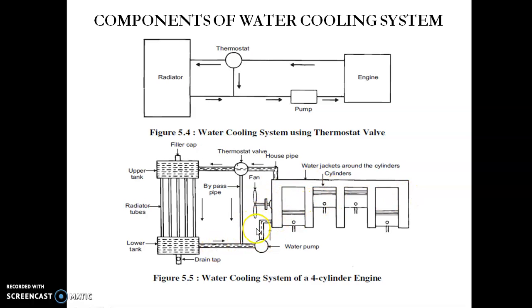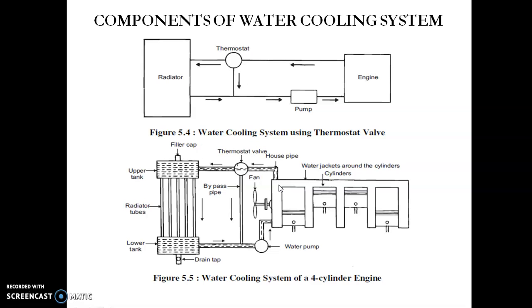This is what a typical cooling system looks like. We have a multi-cylinder engine and a water pump, so cold water is pumped through the engine cylinder and picks up heat from it. We have a thermostat valve here, which is like a temperature switch. It won't allow the water to pass through unless a predefined temperature is attained. For example, if we set a temperature of 80 to 90 degrees Celsius, the initial temperature of the water is around 35 to 45 degrees Celsius. That water goes to the engine, gains heat, and its temperature keeps rising.